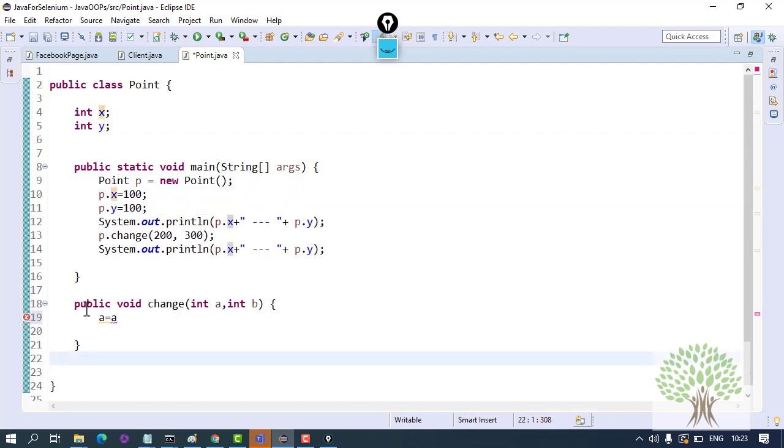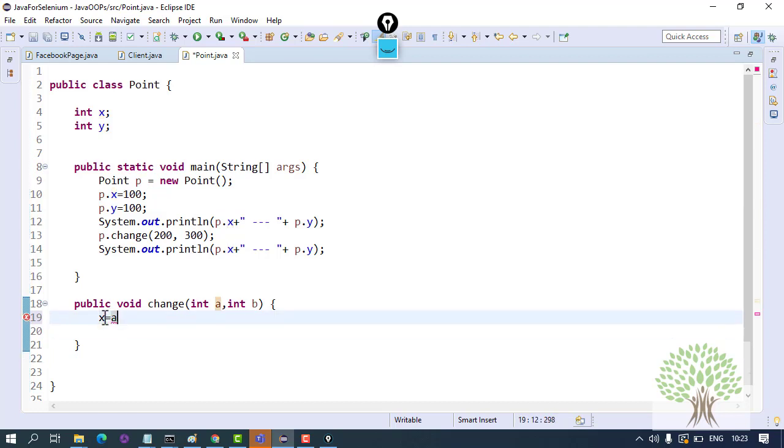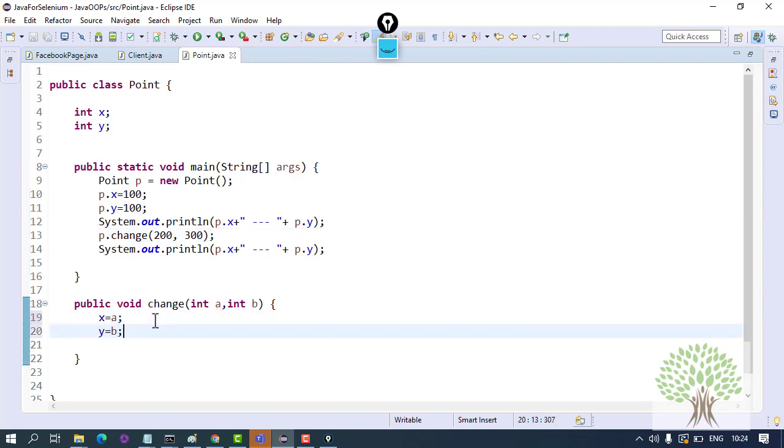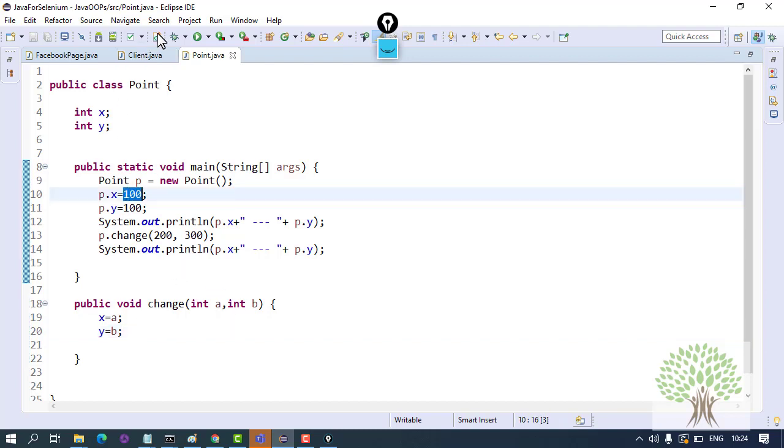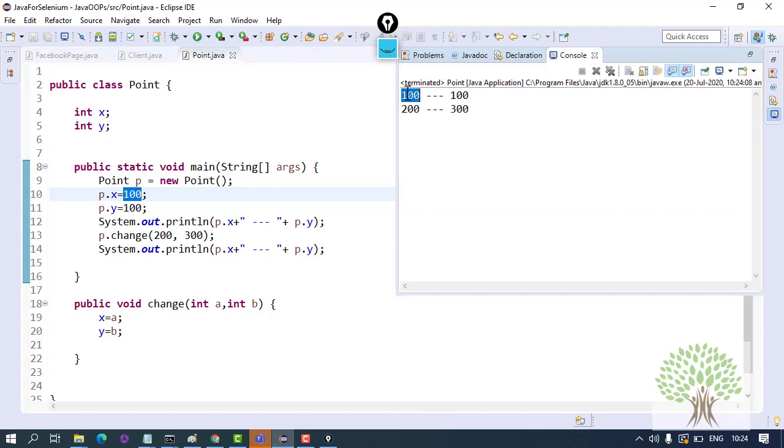So I can write over here that x equals to whatever value you are sending, a, and y equals to whatever value you are sending, which is b. Alright, and when you run this program, it will update the value of x and y for this particular object.